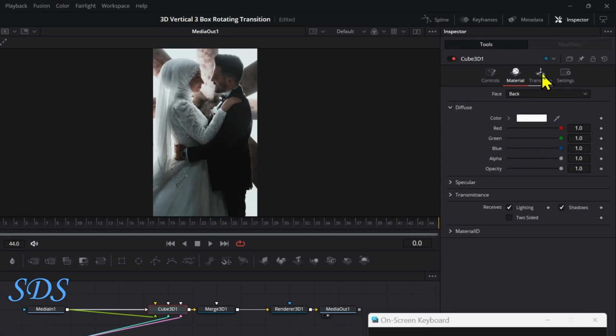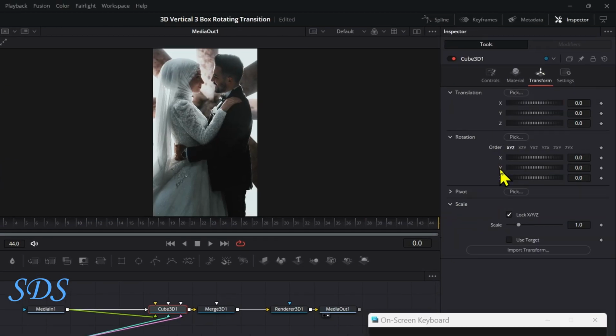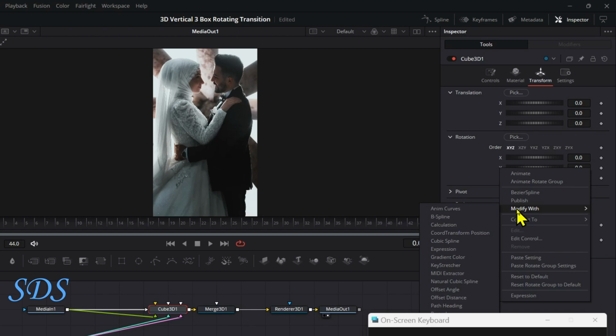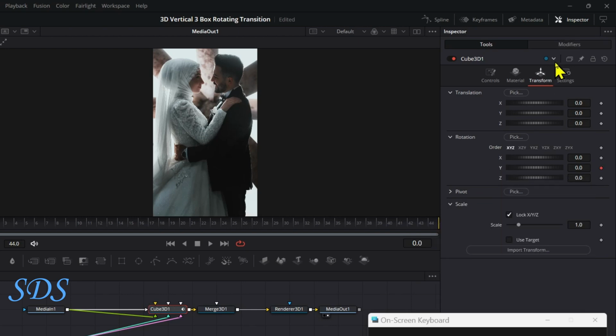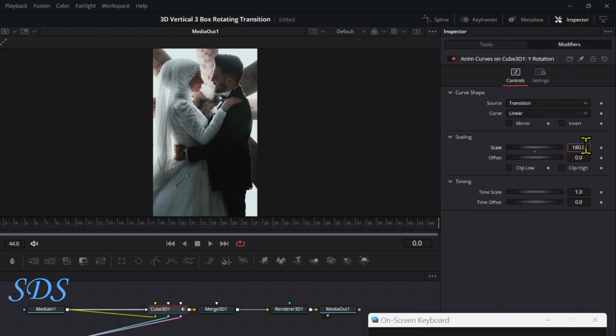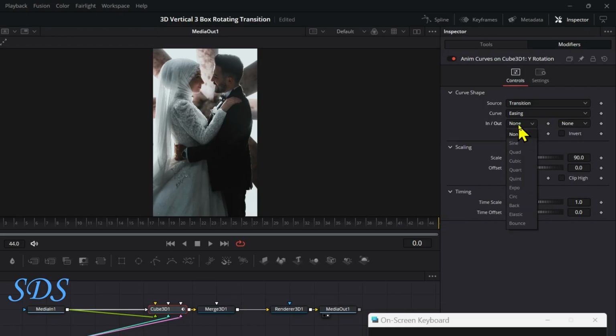Now select the cube, go to transform, right click on the Y, modify width, and curves. Then go to the modifier, set the scale to 90, and the curve, go to easing, back, and back. Go back to tools,